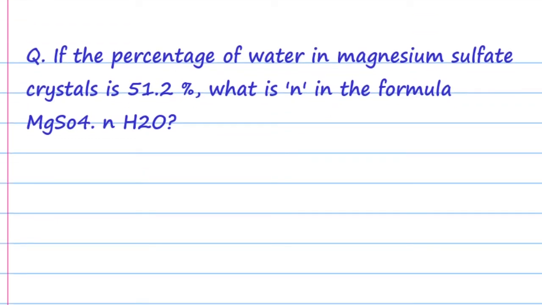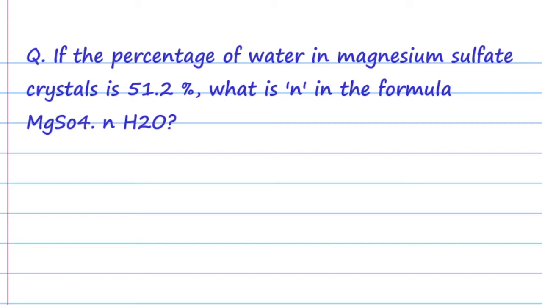Here is another important question. If the percentage of water in magnesium sulfate crystals is 51.2%, what is the N in the magnesium sulfate? So here you can identify which value is given to us. There is not a value for the hydrated salt and not a single value of anhydrous salt is given. In this question, if the percentage of water in magnesium sulfate crystals is 51.2%, what is N in the formula